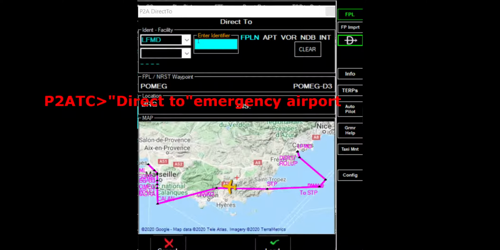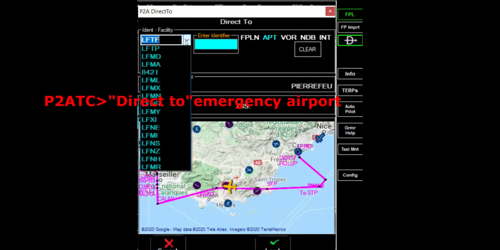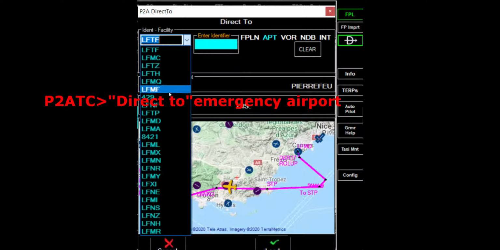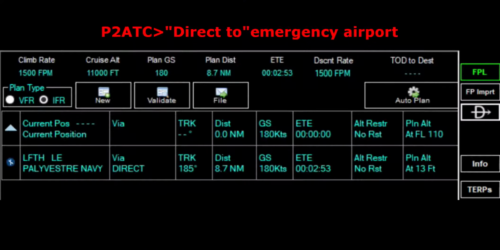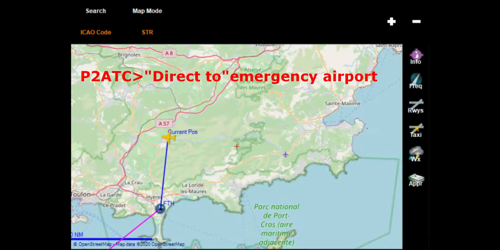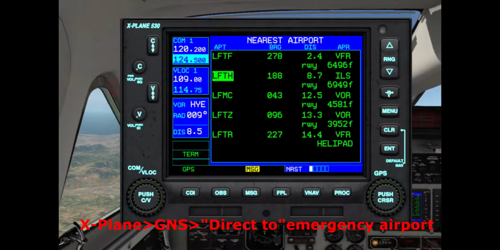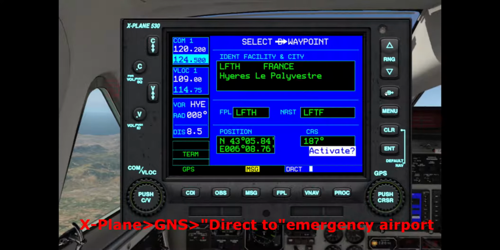As this is approved, we enter direct to the airport in Pilot 2 ATC, and we enter direct to the airport in the GNS.